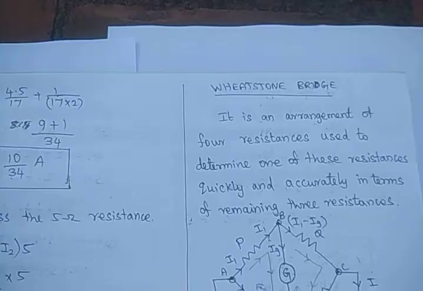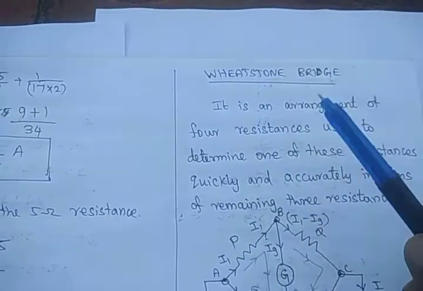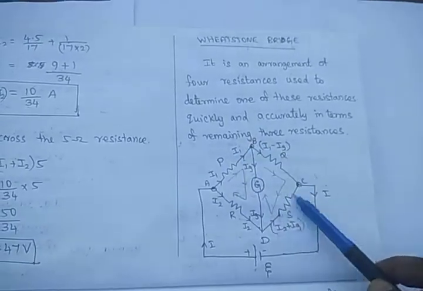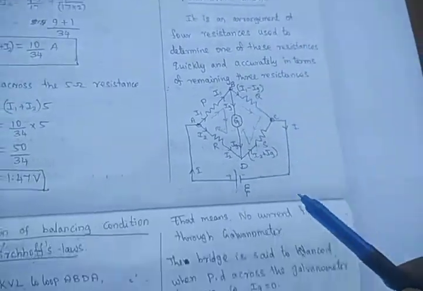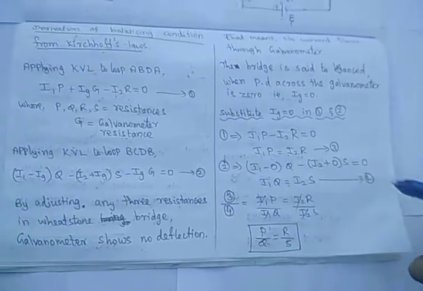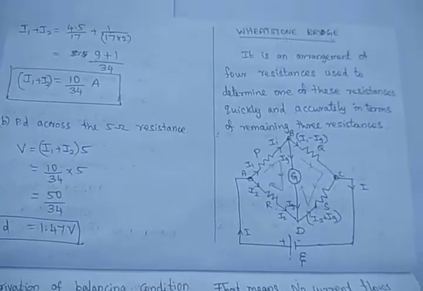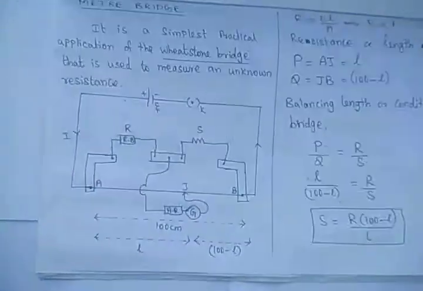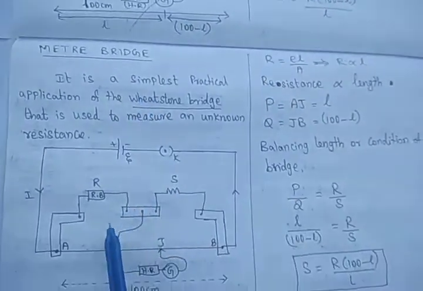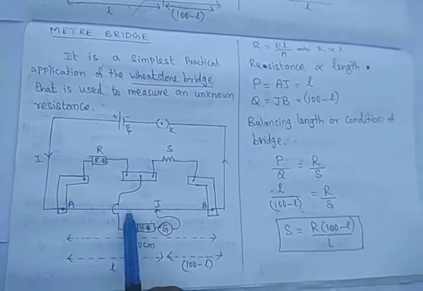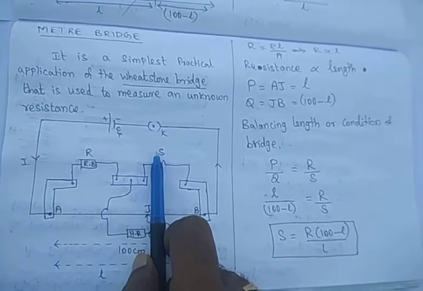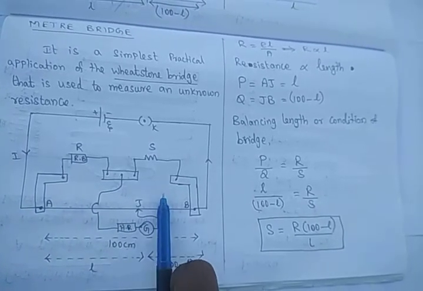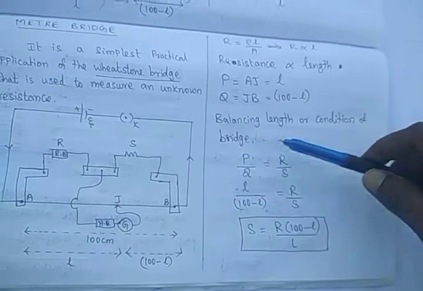Very simple. I recall that the Wheatstone bridge works on the principle of Kirchhoff's laws, with the balancing condition P by Q equal to R by S. We are applying this Wheatstone bridge principle in the meter bridge. Why do we give the name meter bridge? It is because we use a 1 meter wire. The 1 meter wire is split into two, so P is the resistance of one length and the other part is the Q resistance. So P by Q is equal to R by S.